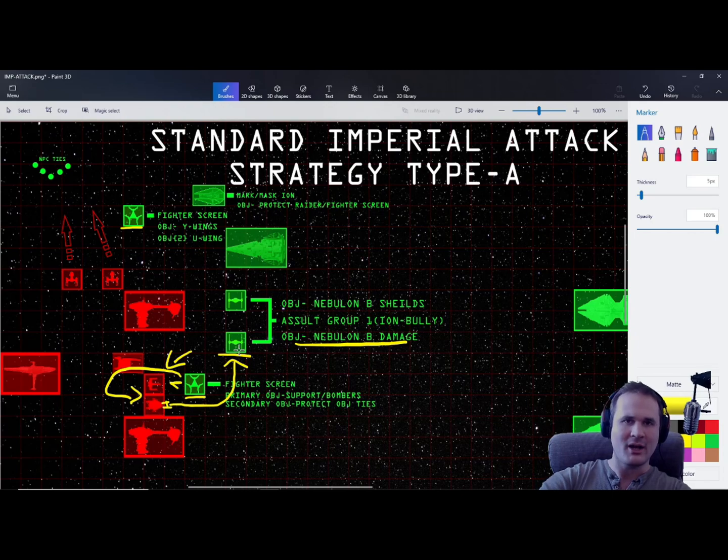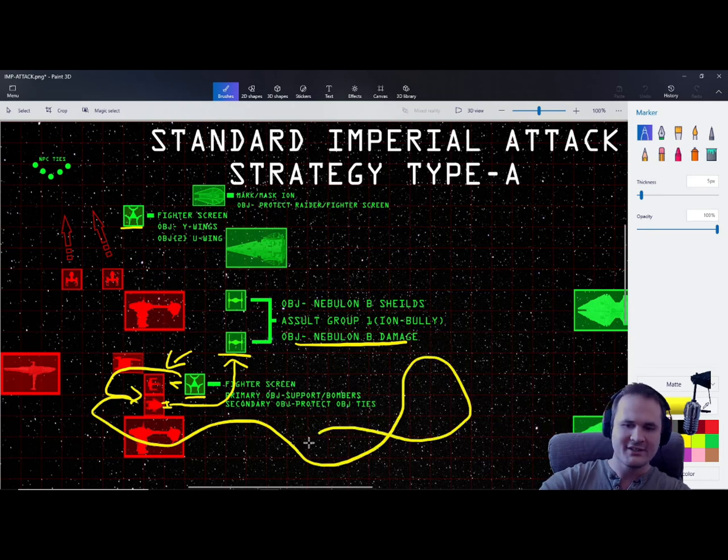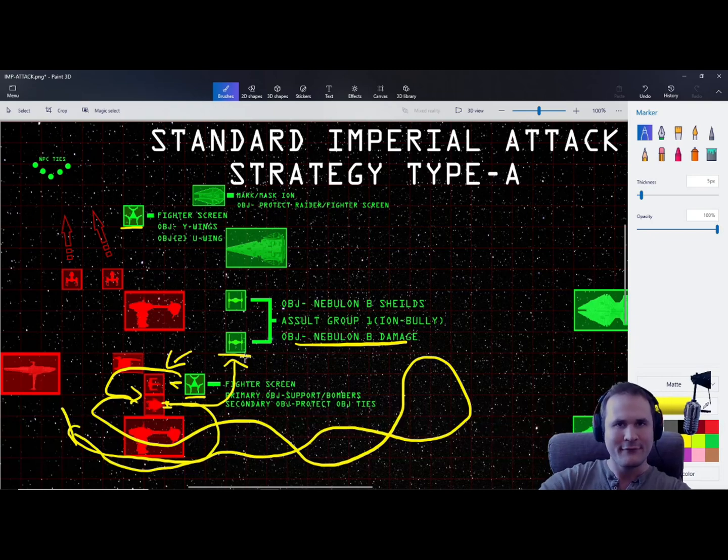Fighter screen's job is not to secure kills. It is if you can, but it's not to tail people around, waste all this time, and let him go back to base when he could be shooting a few times, engaging the A-wing. A-wing pulls away, goes back to base, which leaves the TIE fighters who are objective focused to engage and destroy